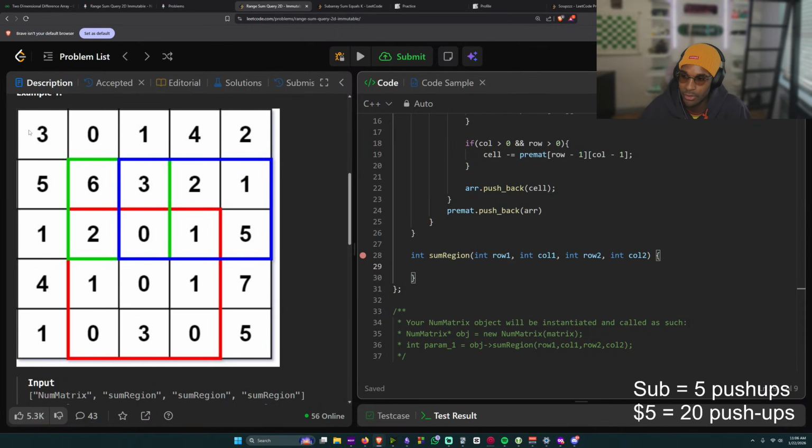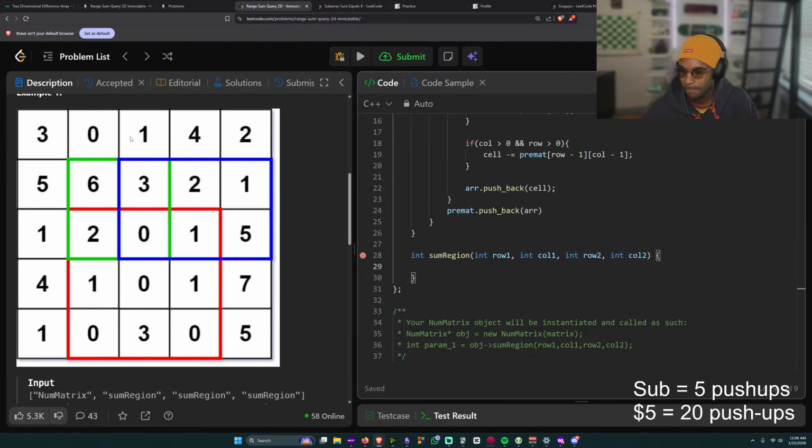So if it's over 0, then we have to subtract premat at row -1. Yeah, right?